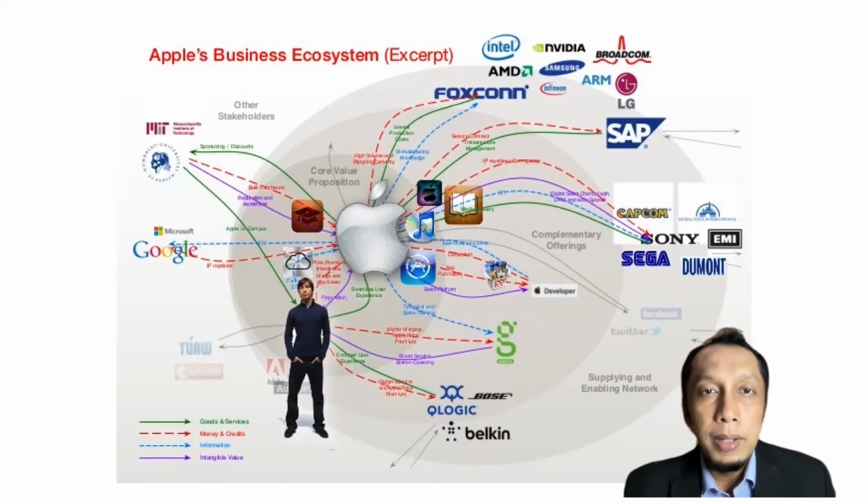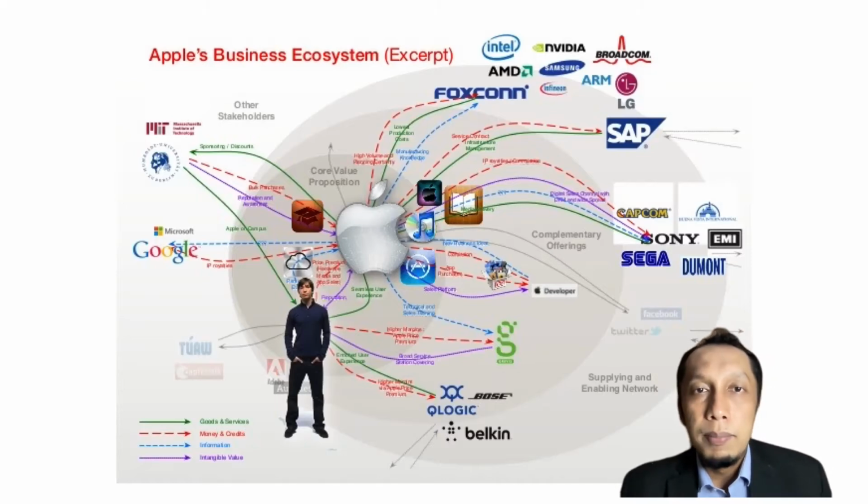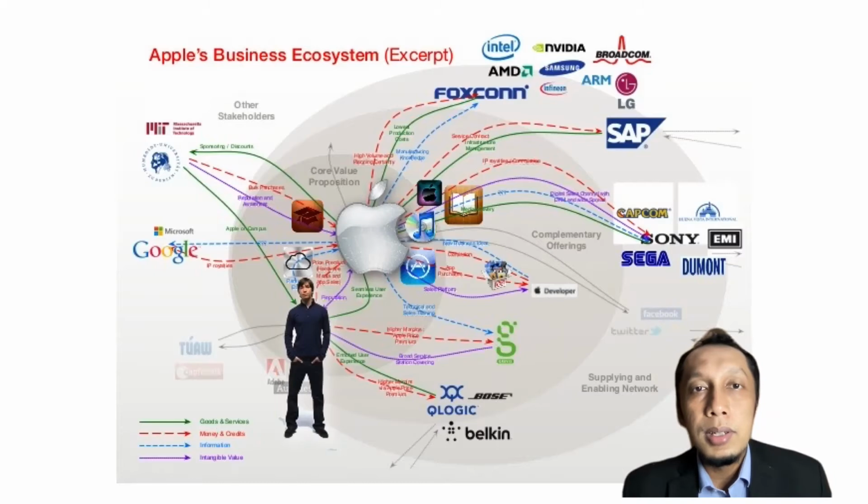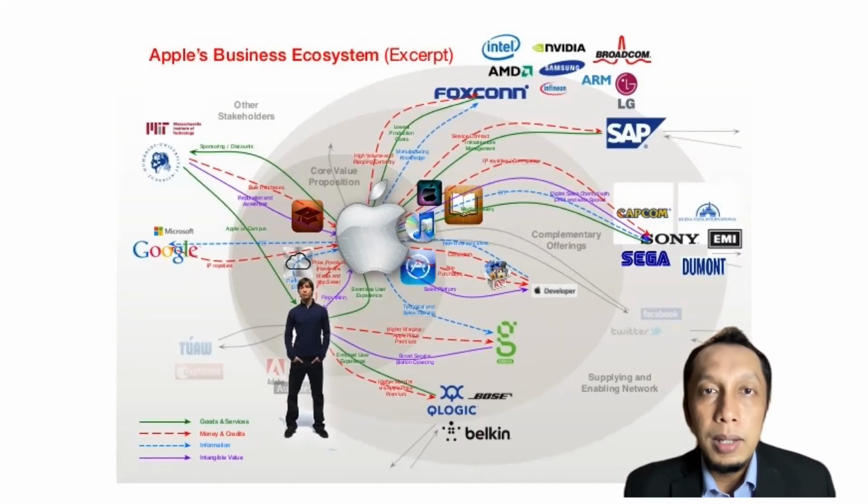And on the top left corner, you will see universities like MIT and Humboldt University. So this figure illustrates that business ecosystems nowadays can be quite diverse. They can consist of different collections of actors that have different motives, different interests, and so on and so forth. It is not like what happened in the 1990s or 1970s, where business ecosystems tended to be similar and come from relatively the same industries.